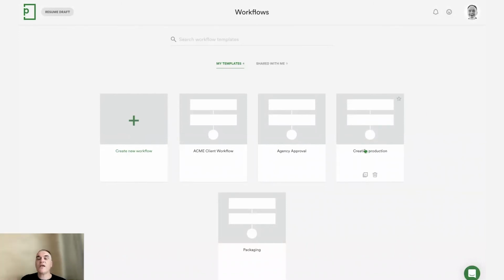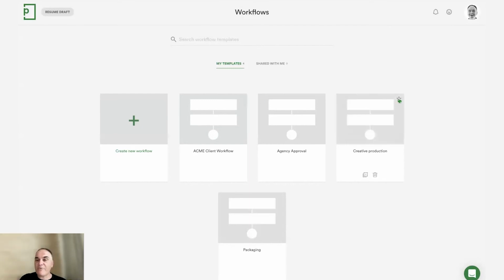And you'll note at the top, shared with me. So this is a way you can look at all of the templates that have been shared with you. So some things to do inside of my templates. First thing to note, as you hover over each one of these, there's a little star at the top. And this is where you can favorite your workflow templates, and it will pop them to the top of the menu. So they're available there for you to choose very quickly when you're uploading proofs. You can just move your favorites up.